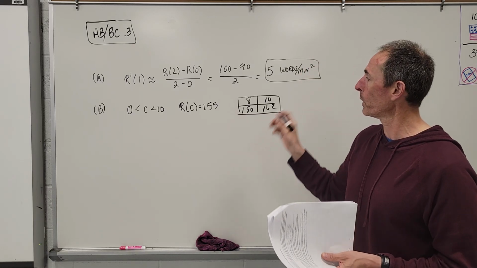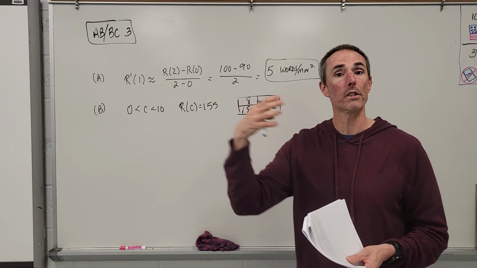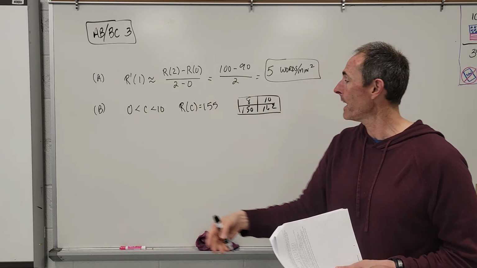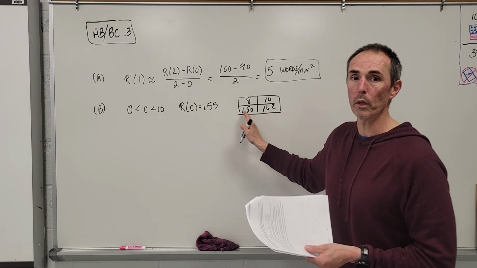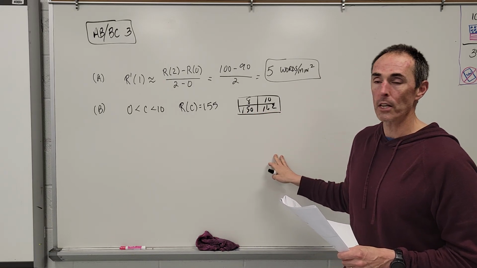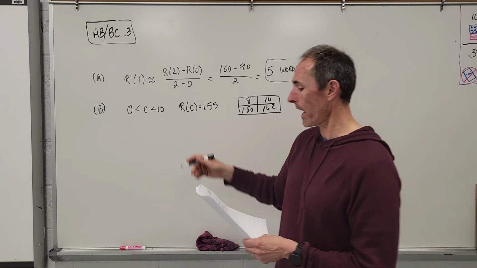And so if this is going to happen, we need to make sure that the intermediate value theorem is in play. And so we were told early on in the given information that function r is differentiable, which therefore implies it is continuous. And we can see right here that the value 155 falls between 150 and 162. And so we would want to articulate that, right, by saying something such as